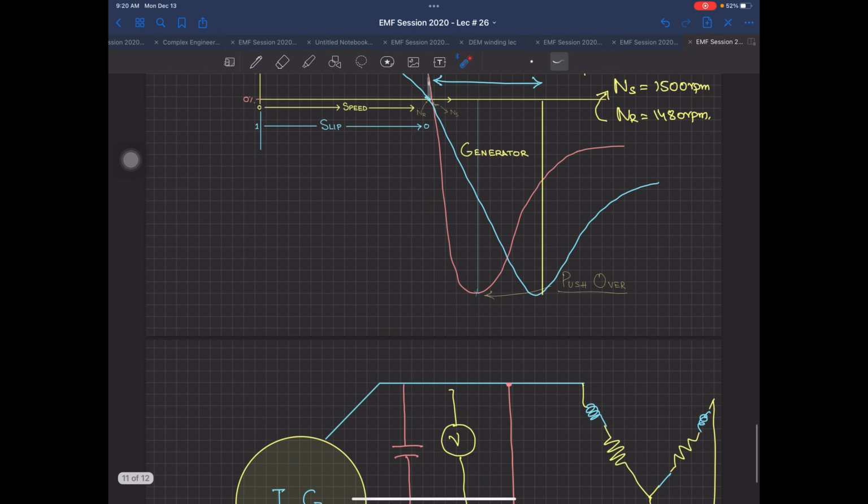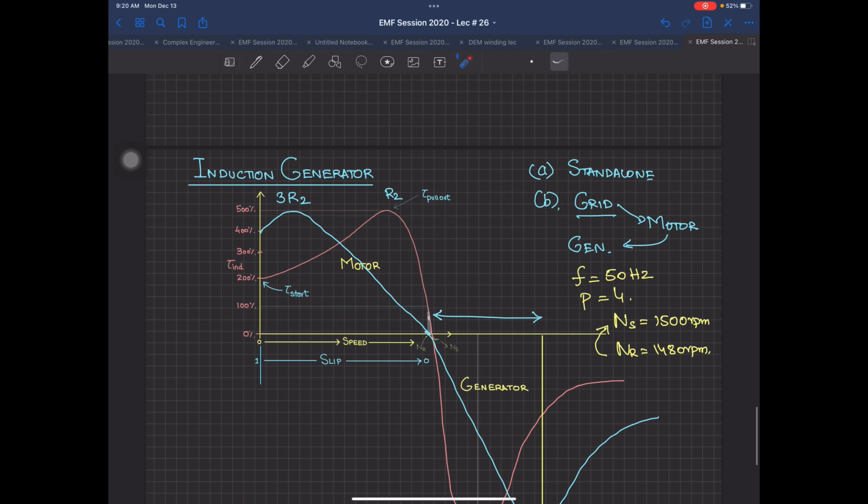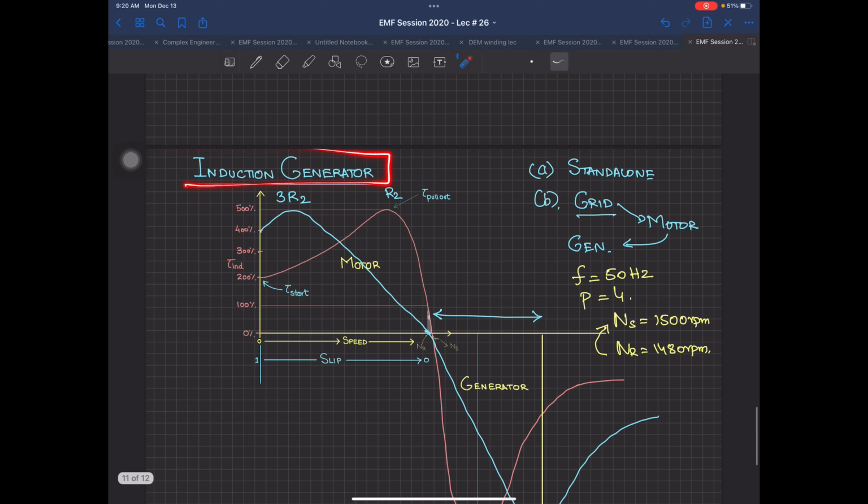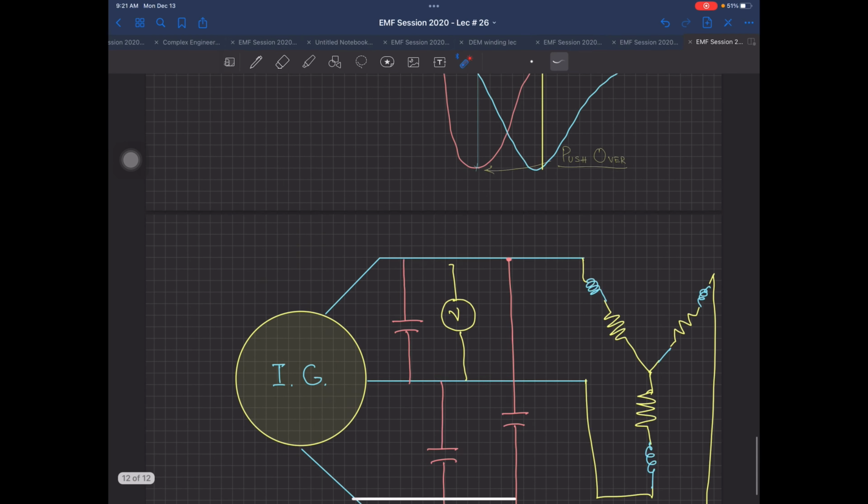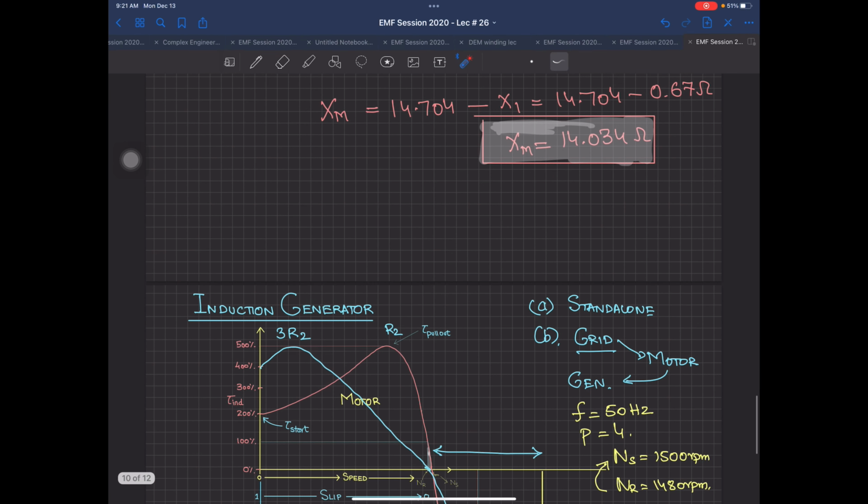Kindly do a reading of this article. I have not gone through it in very much detail. But kindly give it a reading, because this is very important. Nowadays if you go into some industry or job where they are working on renewable energies, they always touch the point of induction generators, because they are the main thing for wind turbines. You won't add a DC generator for a wind turbine. You always have an induction generator added for a wind turbine. This is all for chapter number 6G over here.